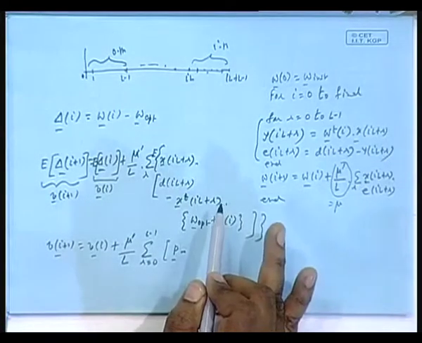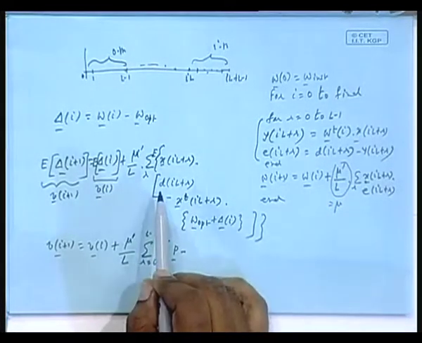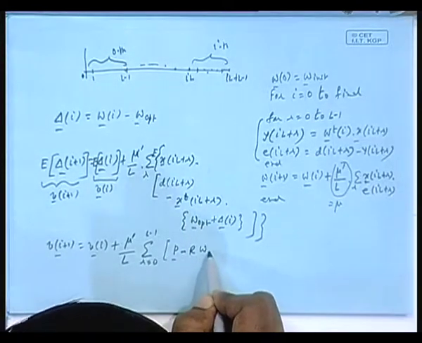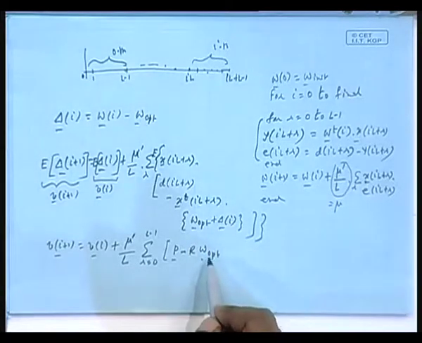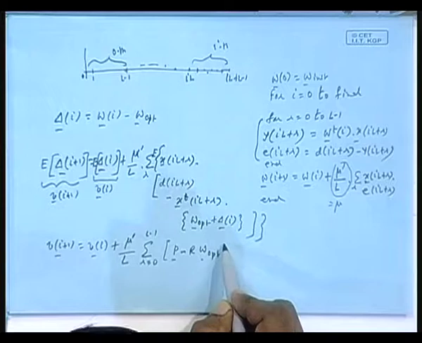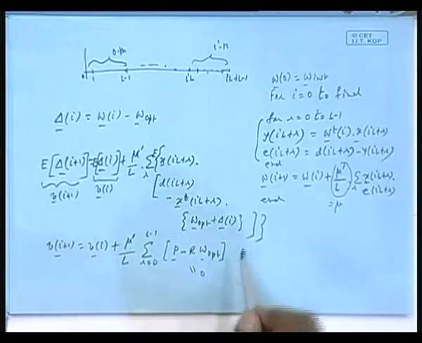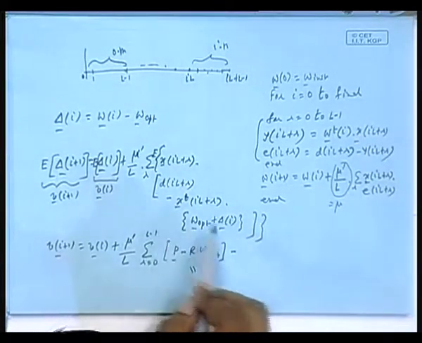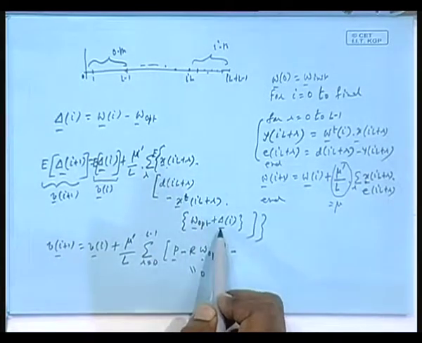W opt is a constant. So if you take that out, X transpose, expected value of that is R, irrespective of the index. So R as before, R W opt, and you understand this term will cancel, because what is W opt? R inverse P. So this will cancel, this will become equal to 0. So this is one term, this becomes equal to 0. But there is one more term, minus E data vector times its transpose times delta, and here I will be using that independence assumption,